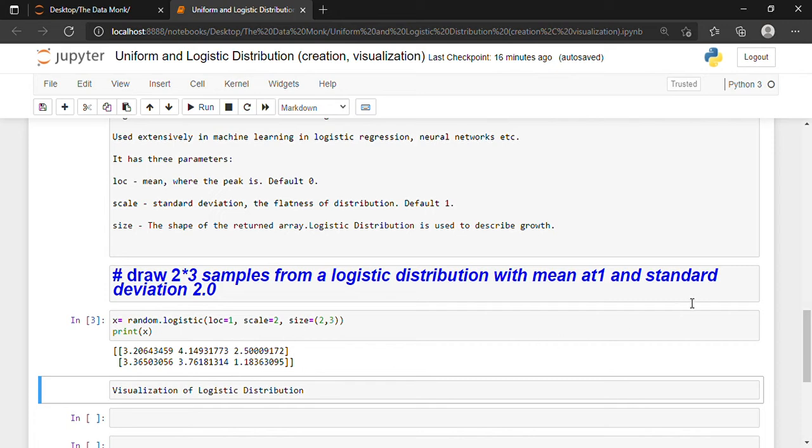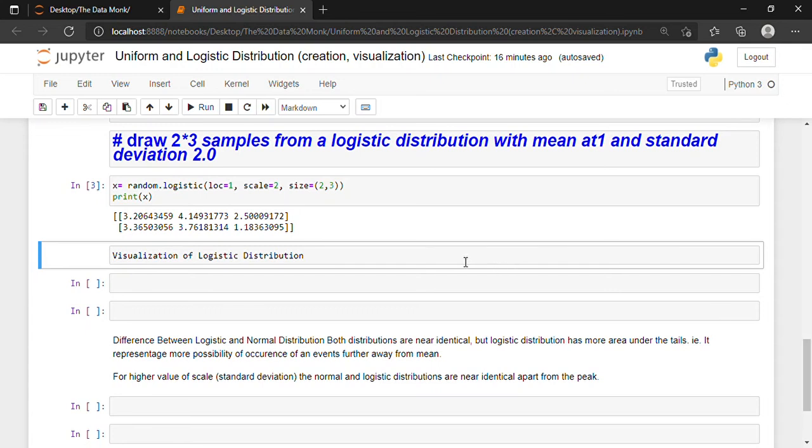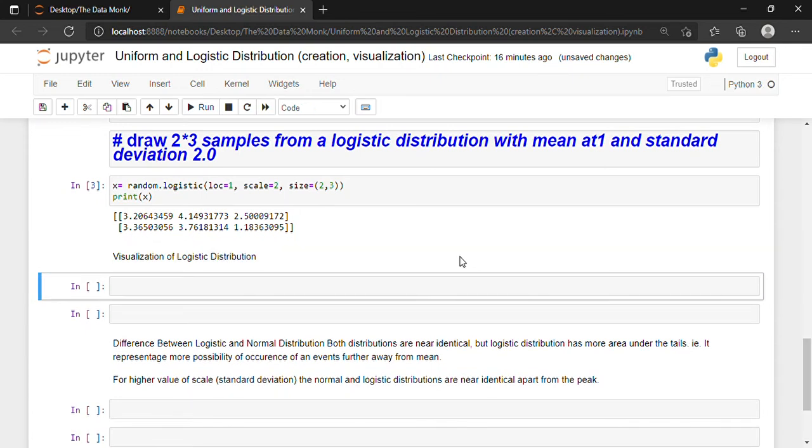Okay, now if we want to visualize this logistic distribution, for doing that we will have to again write sns. Since we have already imported matplotlib, pyplot and seaborn in our program, we will not import it again. So we will simply write sns.distplot. Inside we will be writing random.logistic.